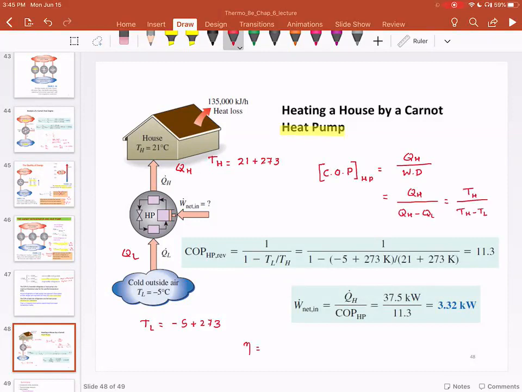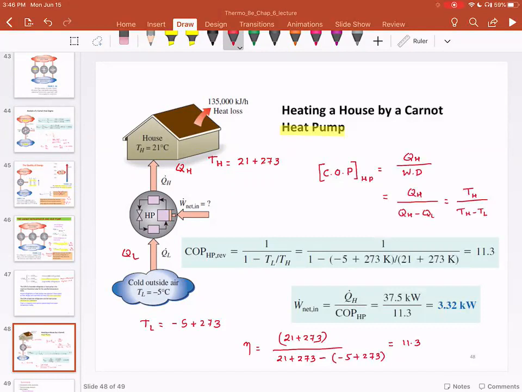So the equation can be written as TH, which is 21 plus 273, divided by TH, which is 21 plus 273, minus -5 plus 273, and that will give me a coefficient of performance